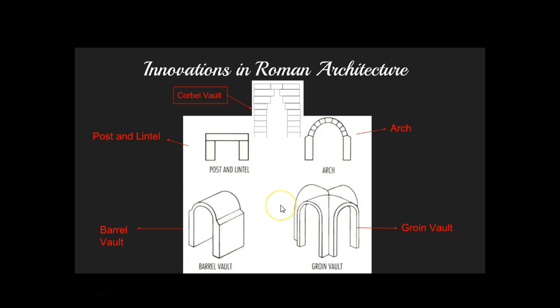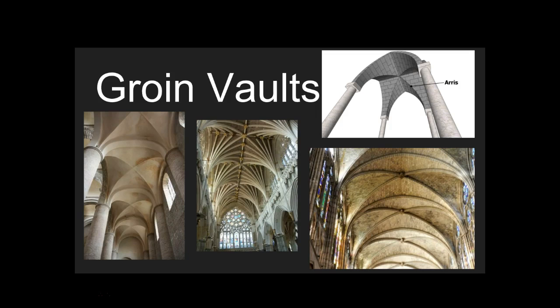What these help is to allow more light in as well, and a greater selection, I guess, or choice with architectural structure. So here are some groin vaults. They're gorgeous. Now these are more Greek and Baroque and Renaissance. The rib here is called an arras. Don't necessarily need to know that, but they also allow in later years, especially the Gothic people, to add more lighting, to add more windows.